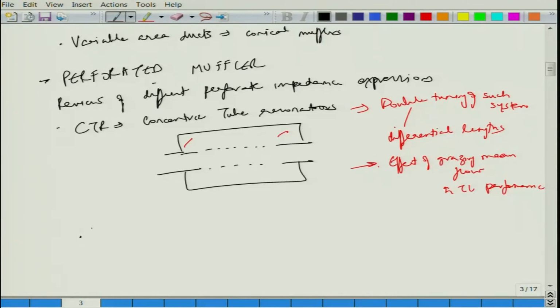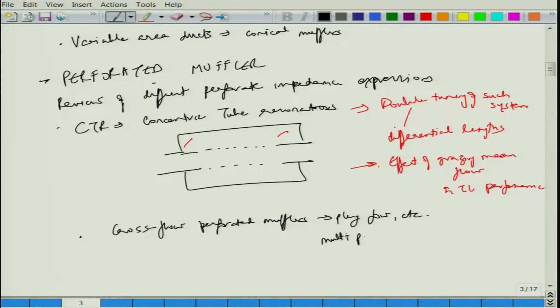I am not going to show that right now, but basically cross flow perforated mufflers, like for example plug flow mufflers and multi-pass perforated tube mufflers, and did advanced muffler analysis using the integrated transfer matrix approach,